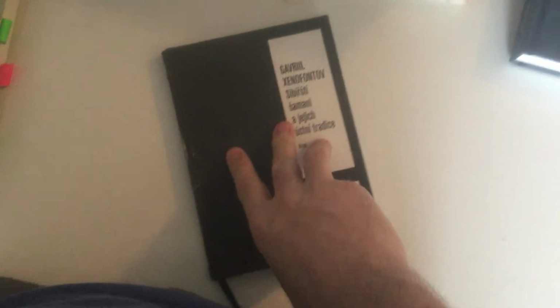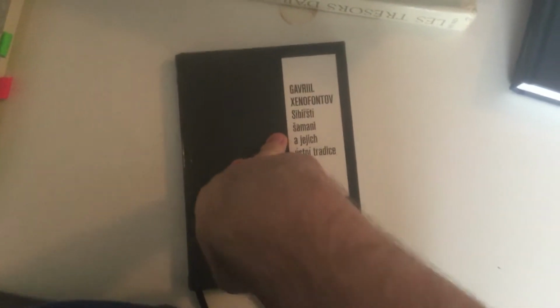So this one we used a little bit. This is another Soviet, I guess, anthropologist. Siberian shamans and their oral tradition. As you would expect, this is about shamanism, the Siberian kind. And again, it does the same thing that the Nart Sagas do, where there are many versions of a very similar, if not identical, tale. And that can get a bit tiresome,